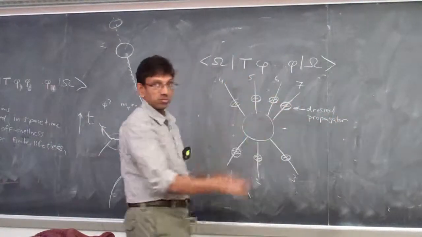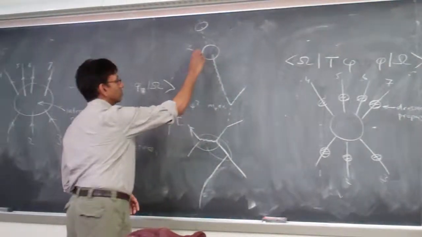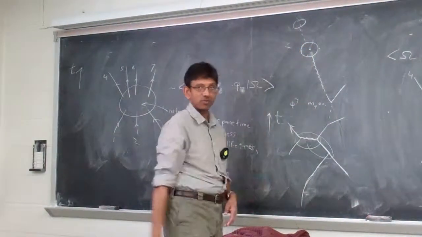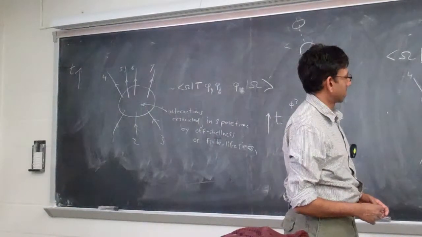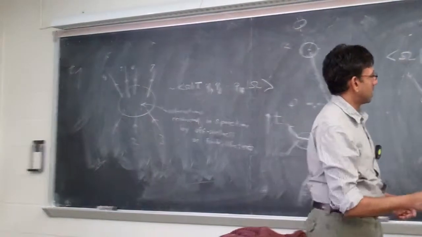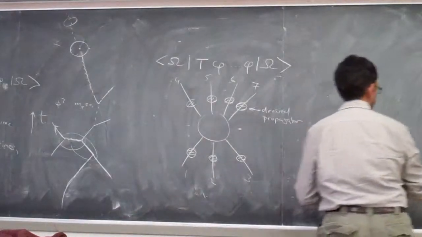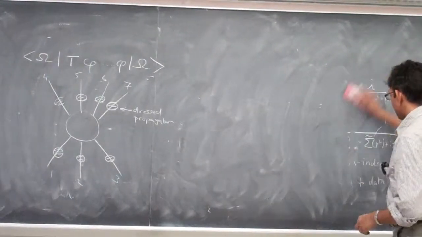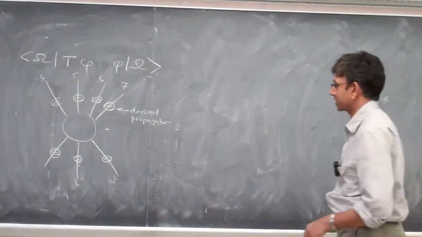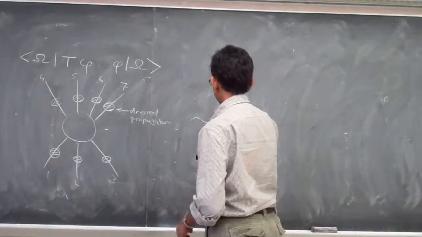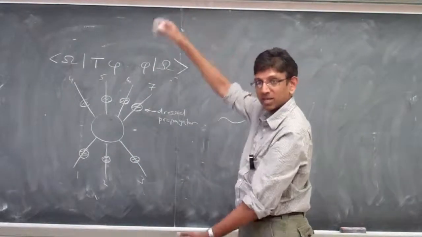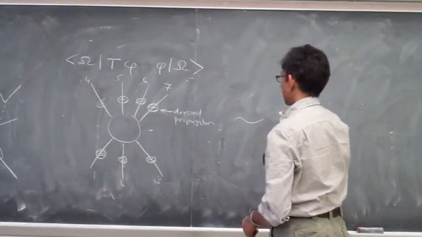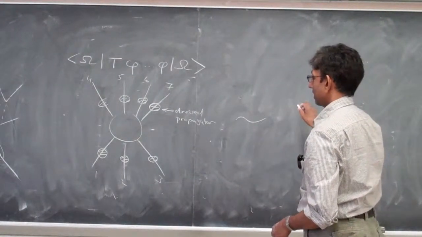So dressed by loops, just like the kind that we're doing, but it could be however many loops you want. Now, what happens is I take these points 1, 2, 3, 4, 5, 6, 7 to plus or minus space-time infinity. This thing starts to behave like